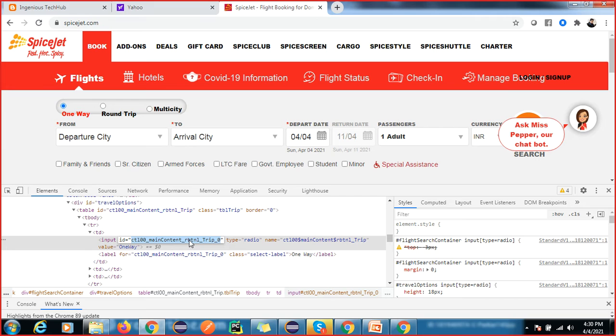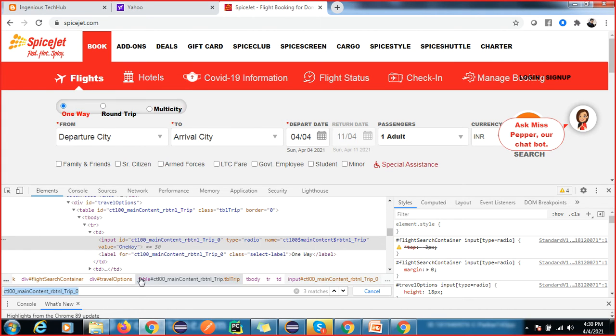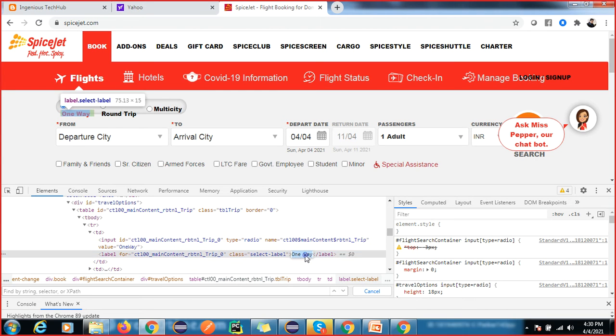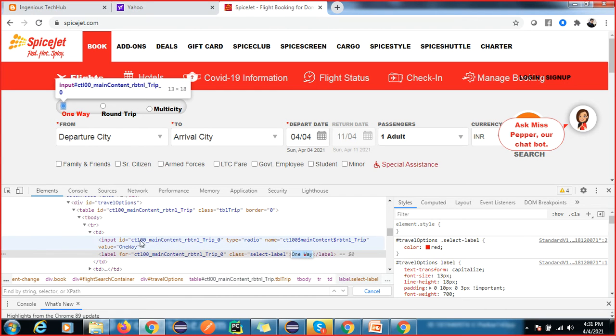If it does not work, then we can go from here to here also. You can see here we have some number, right? In future it might refresh and change. So I will find the element from here.